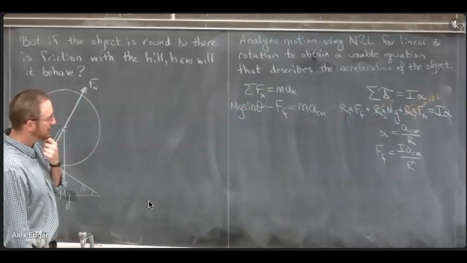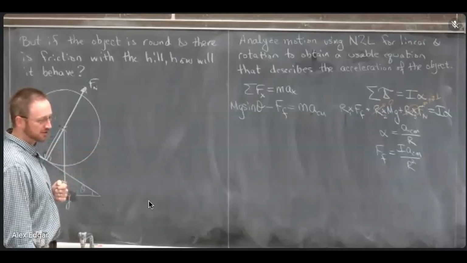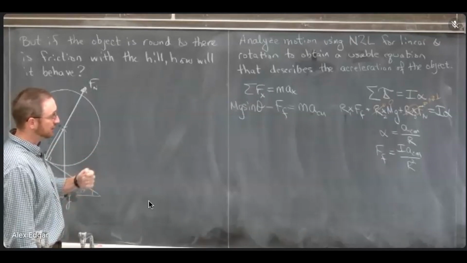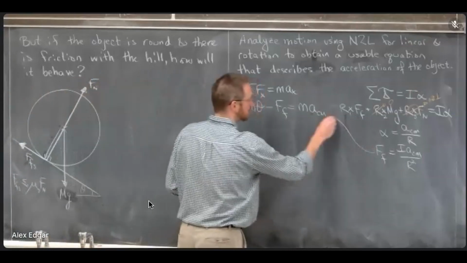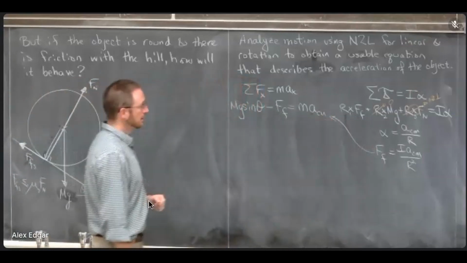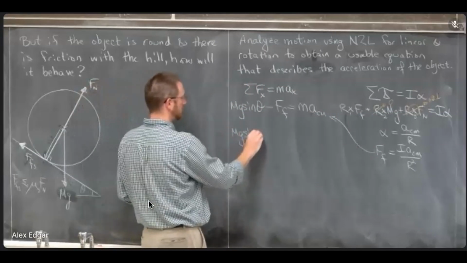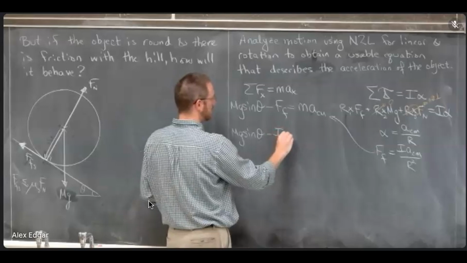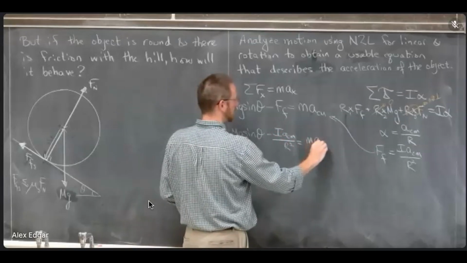And now we have an expression that depends on the rotational inertia at the center of mass of our round object, the acceleration of the center of mass, and then the radius of that object. We can substitute this in here and see what we get. So I'm going to have mg sine theta minus I a center of mass over r squared